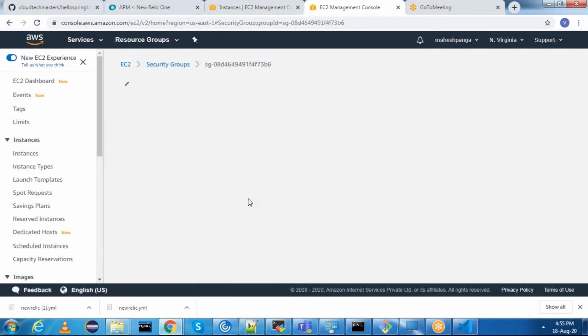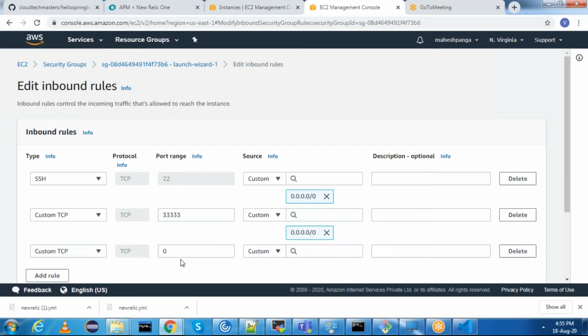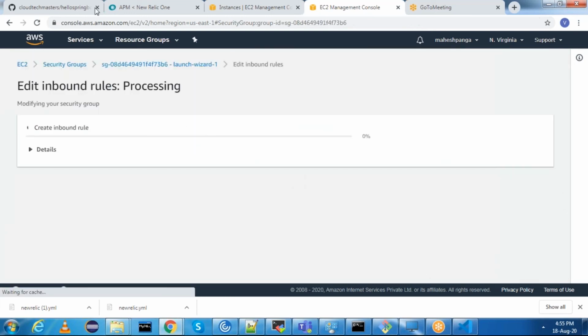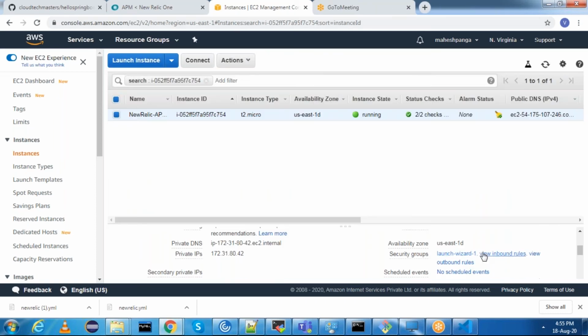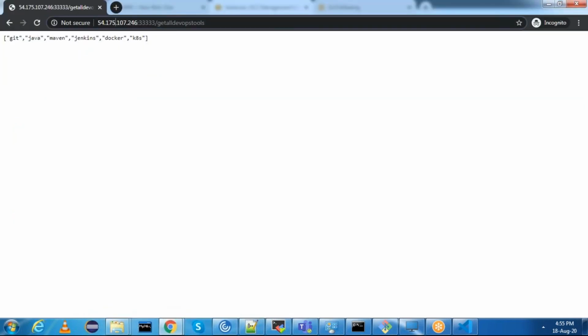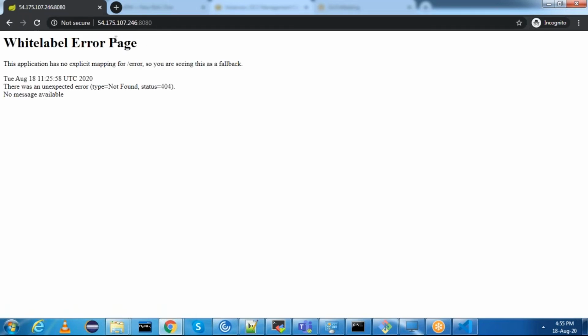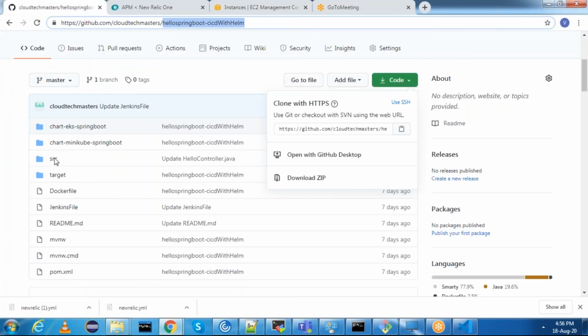Click on security group ID. Edit inbound rules. Add one more rule for 8080 port and mention the CIDR block as well. Perfect. Now you can close this and you can access this application on port 8080, and you should get a response: server IP colon 8080 slash. Okay, slash is not there. Let us see the code. What is the API that was exposed?